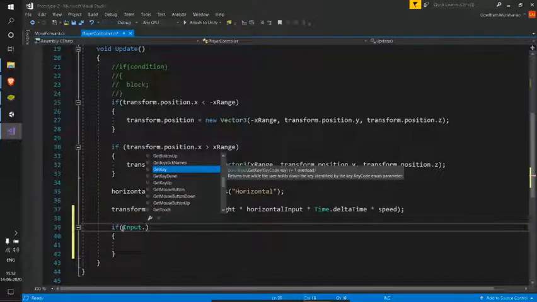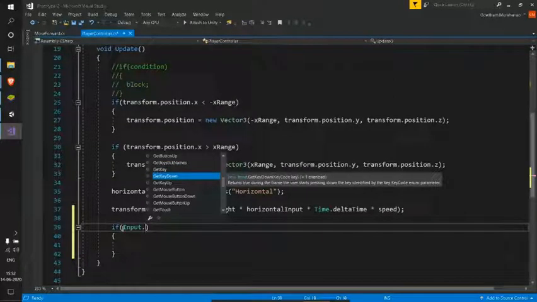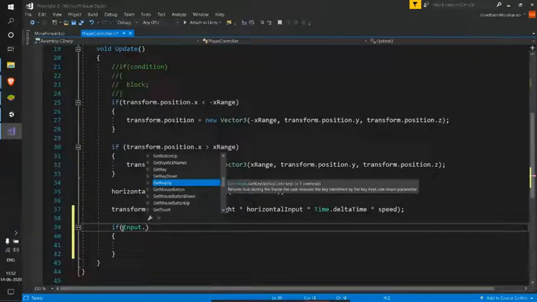Get key will give true whenever the player holds the key, whereas get key down will give true whenever the player presses the key down, whereas get key up will be true whenever the player releases the key. When we click a key on our keyboard, there will be three events, right? The first is we press it down, then we hold it, and the third is we release it. In that process it will get up.